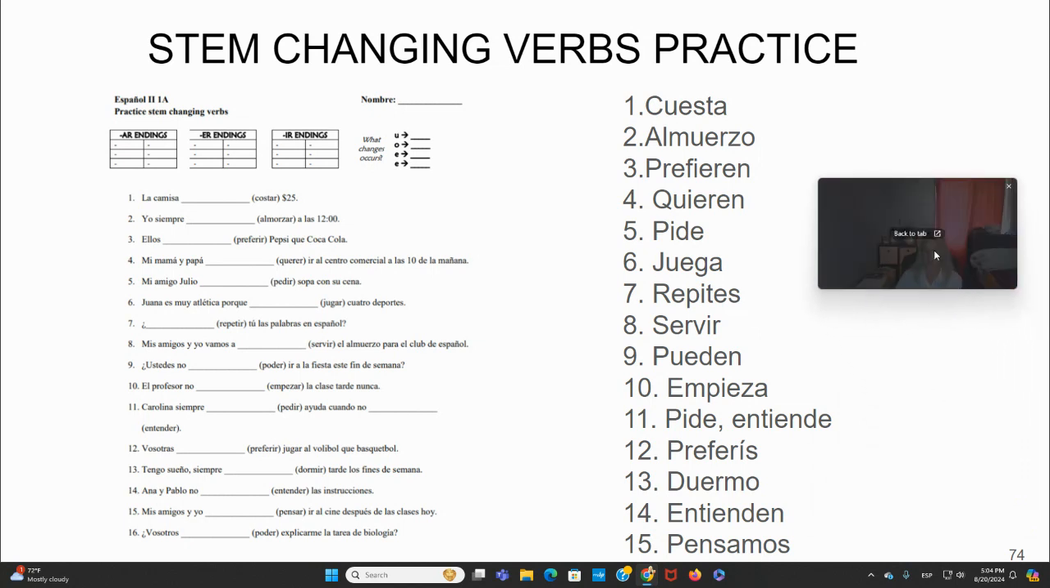Here are the answers if you want to see how you did. Hopefully you were able to fill them out correctly and check them. Make sure that your ending matches, like costar, number 1, la camisa cuesta. It's an AR verb, so make sure you have your A as the ending and that you changed the O to UE. Número 2, almuerzo. 3, prefieren. 4, quieren. 5, pide. 6, juega. 7, repites. 8 is servir. Servir, you don't have to conjugate in number 8 because it is within the phrase